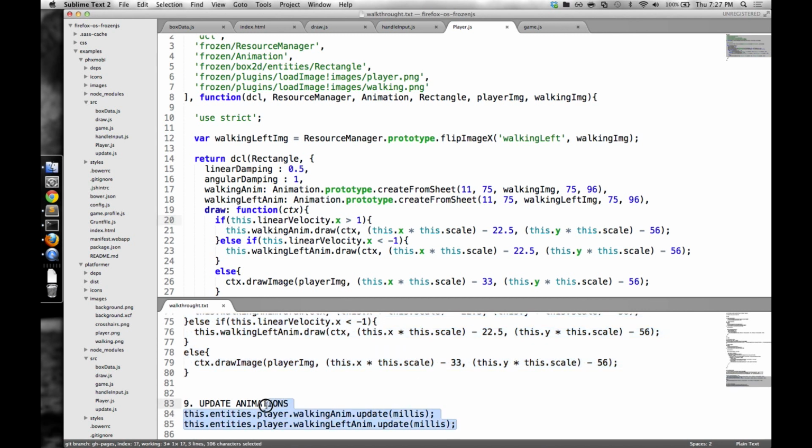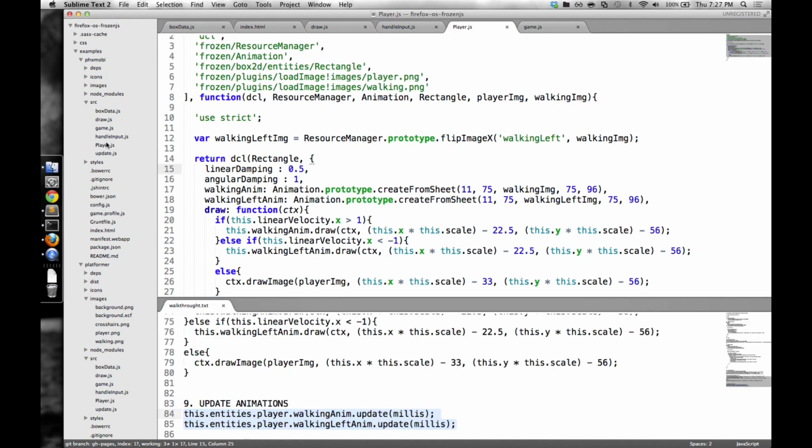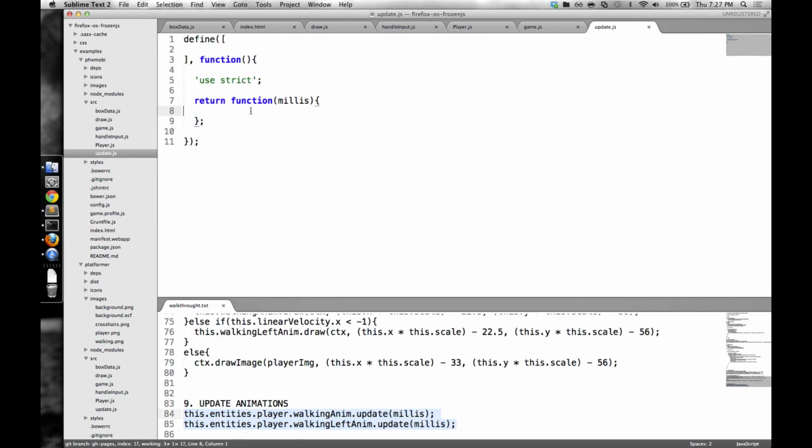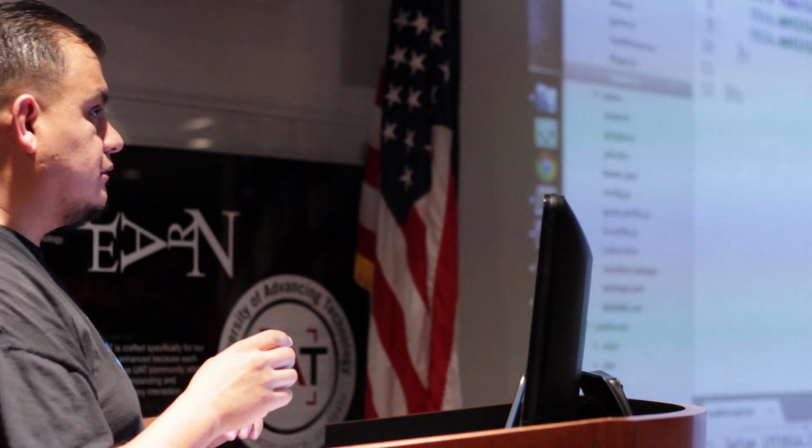We have an update function. So we have a draw function, we have a handle input function, all in their own modules. Let's do this to our update function. Okay, here we go. Okay, so we're passing in milliseconds to our update function because this gets called every game loop. And what's really important here with passing in milliseconds,